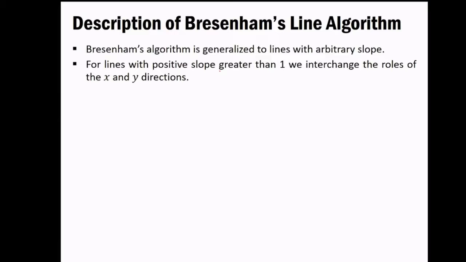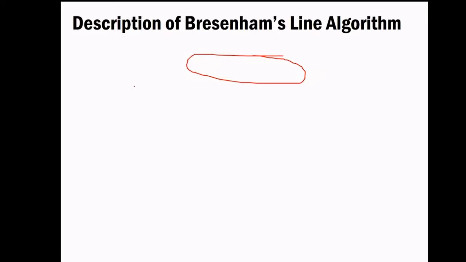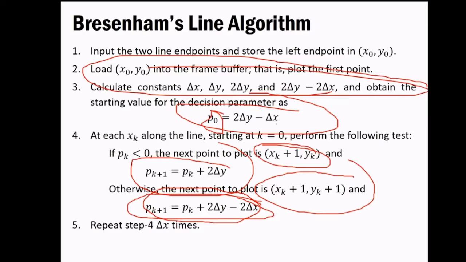If the slope is greater than 1, whenever you try to program this, you will get a problem with the slope if the value is not proper, if you are taking different possibilities. So if the slope is greater than 1, you have to use the same algorithm, but interchange the x and y directions. You simply change the x and y positions in the algorithm. Nothing else you have to do. You do not have to worry about anything.